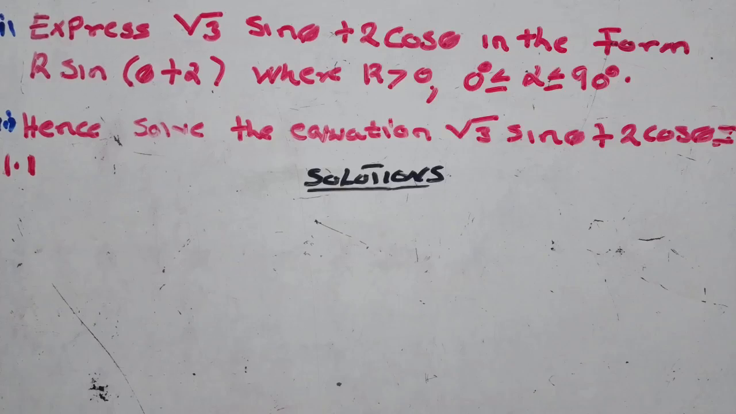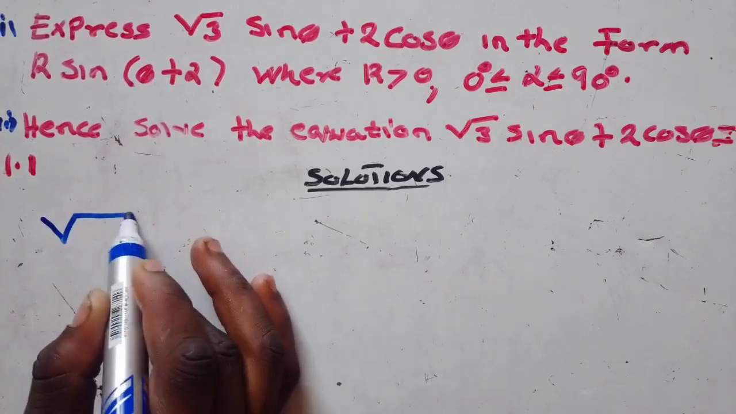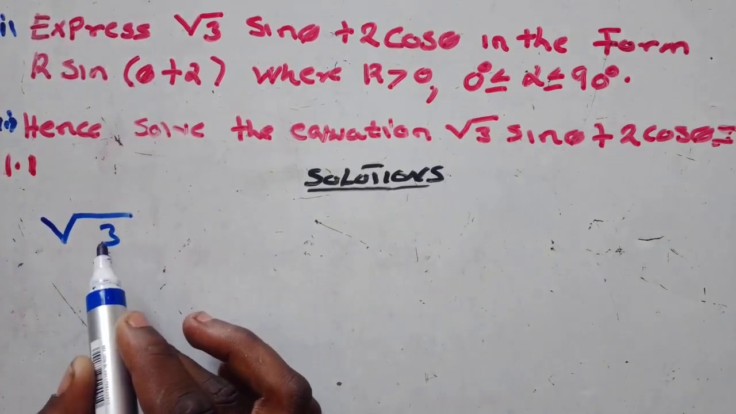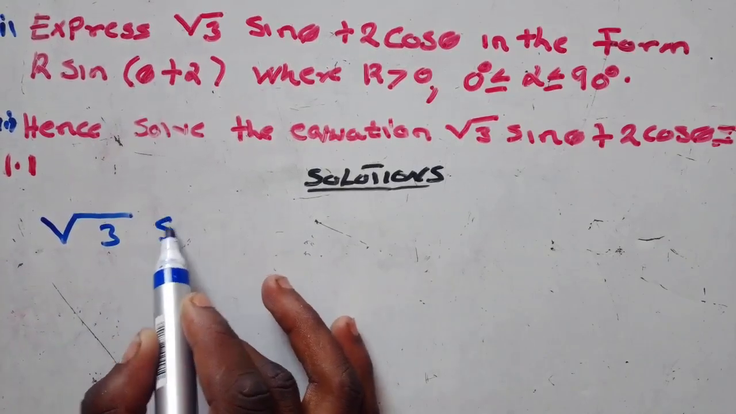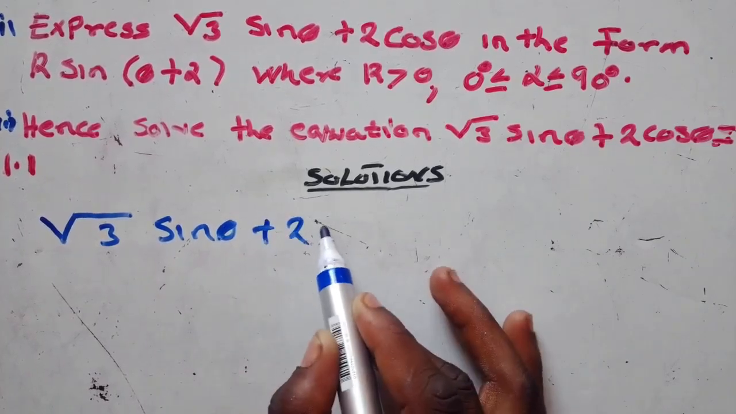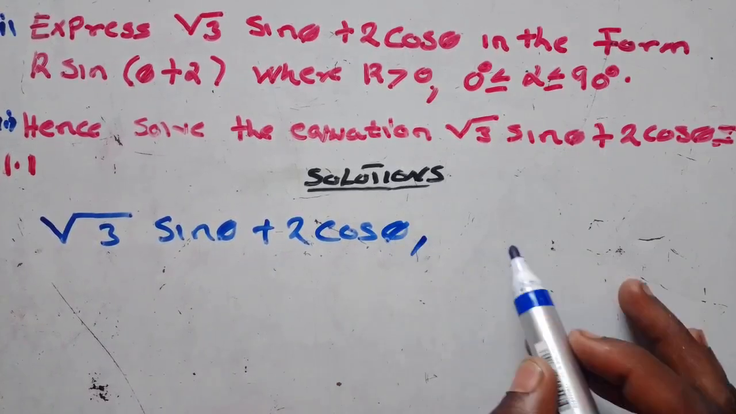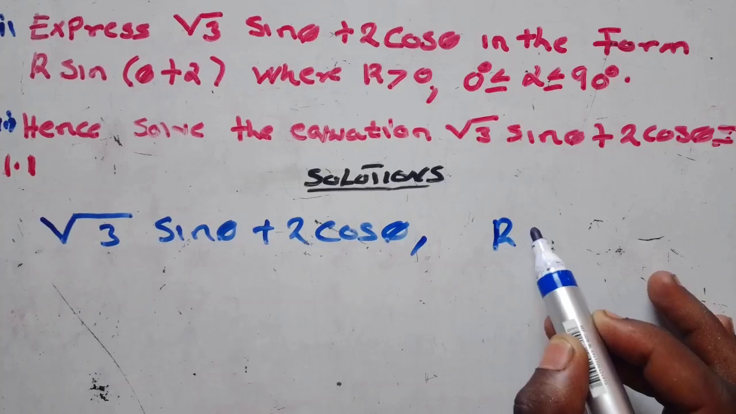So first of all, let's just rewrite the function they have told us to express in the r form. So we have this function root of 3 sine theta plus 2 cos theta. We express it in this form, r sine